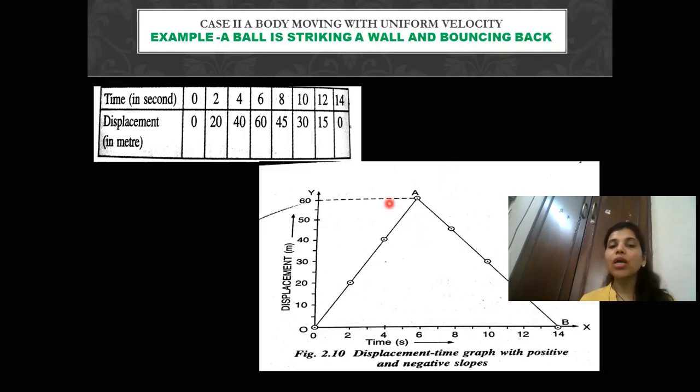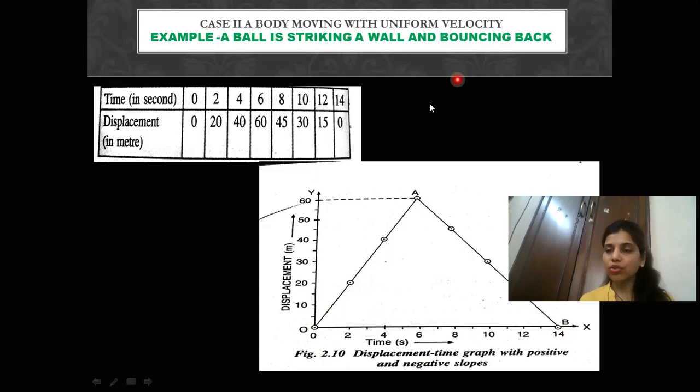If I ask you in a question, what is the displacement? I'm not asking you the distance covered, I'm asking you the displacement. So you will tell me that the displacement is zero, because it originally started from this position, reached the maximum position and came back to the same position. When the body starts from the original position and returns back to the original position, we say that the displacement is zero.